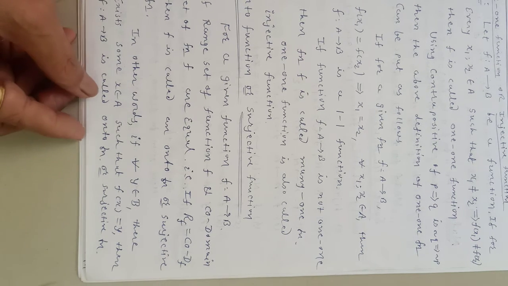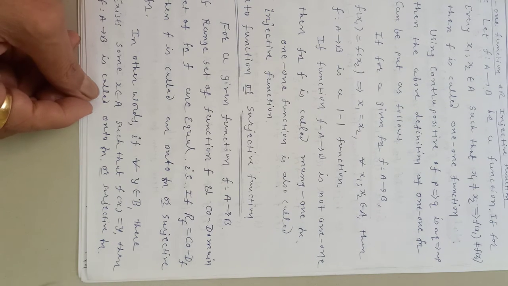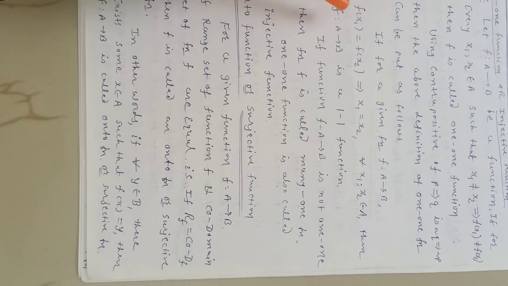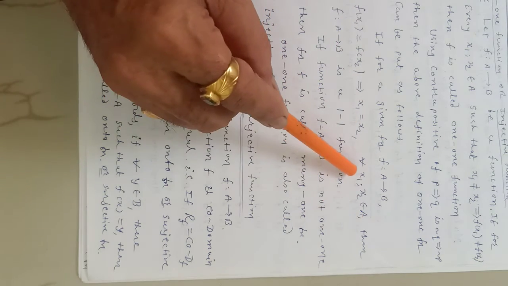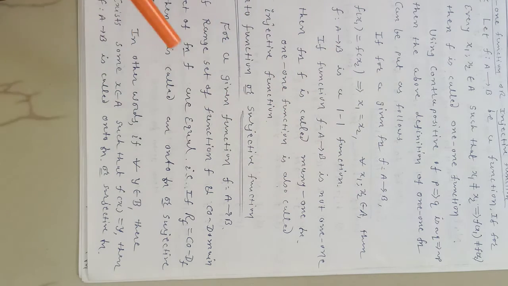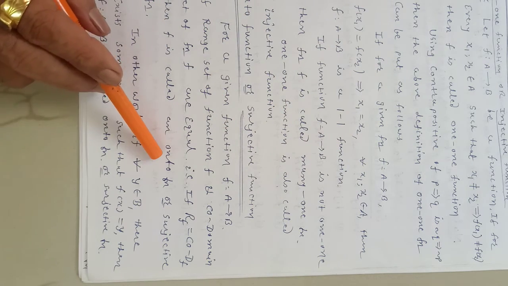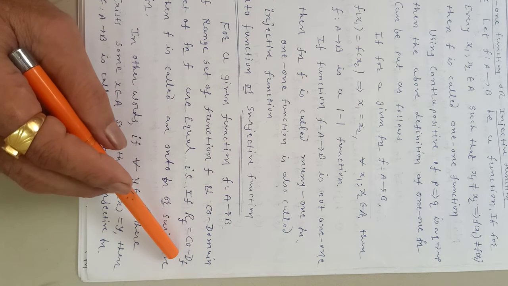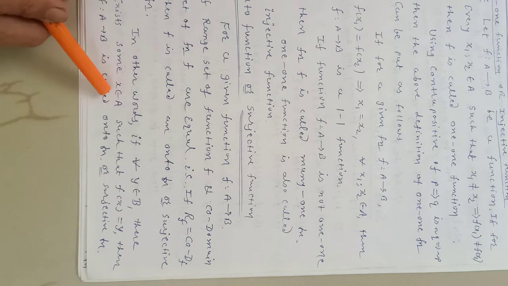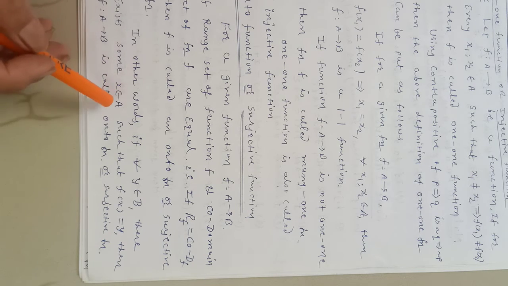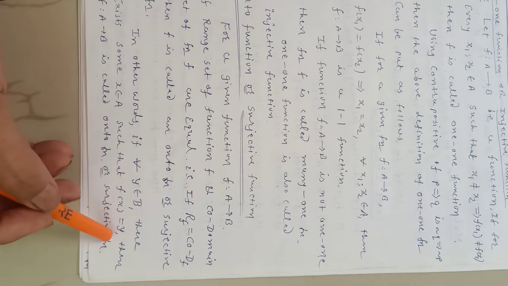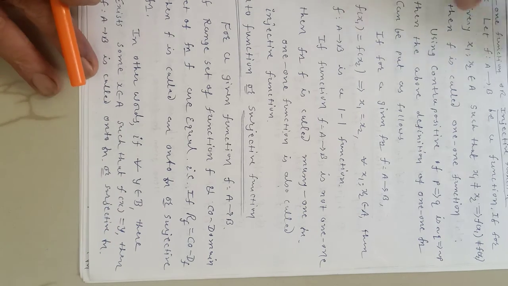First of all, observe your definitions carefully. What is one-one? I repeat again: when f(x1) equals f(x2) implies x1 equals x2 for all x1, x2 in A, we call it a one-one function, right? Now when do we call it an onto function? When range f equals codomain f, or in this manner: for all y member of B there is some x, and that x we have to calculate by the rule, such that f(x) gives y, then we call it onto. We will see that in some examples.